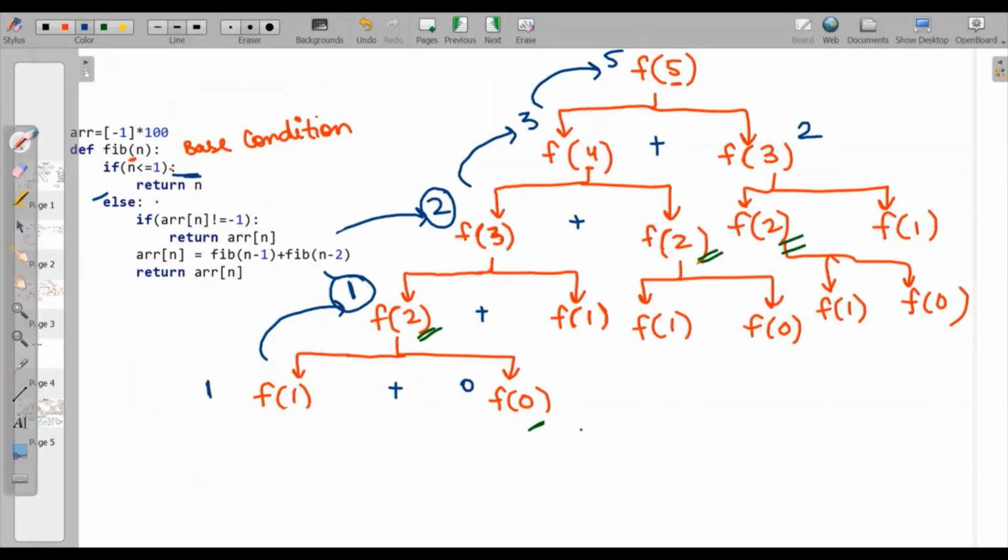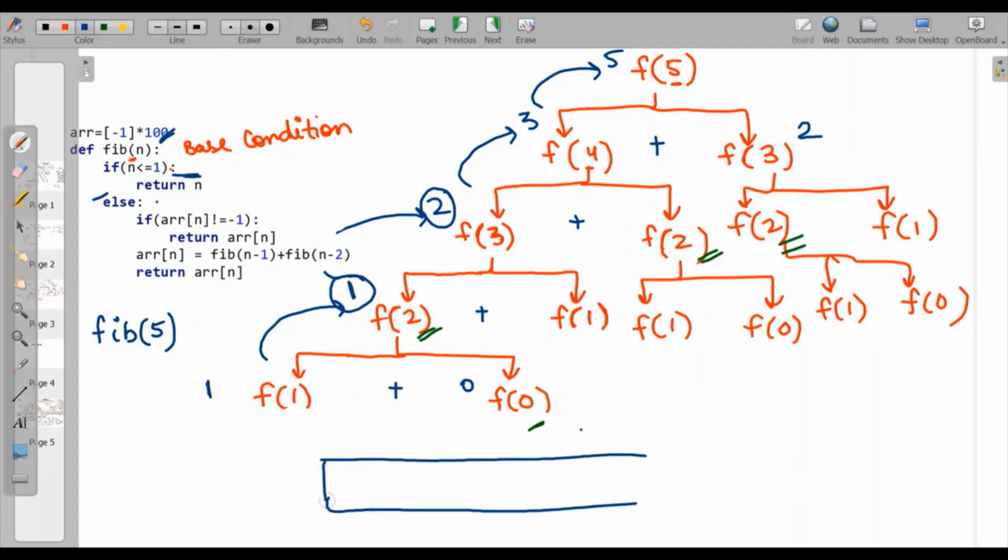So in our function call, I'll give fib of 5. As per our first statement, I'll make an array which has the value of -1. Index is 0, 1, 2, 3, 4 and 5. So we are using this array to store the values which are repeated again and again.